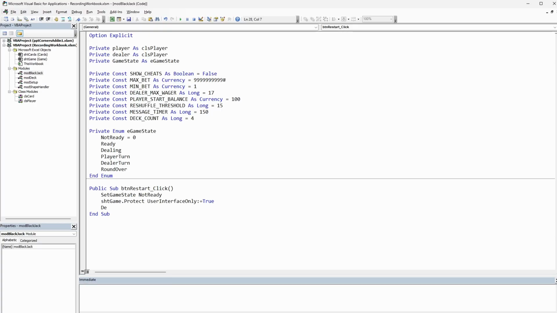Then we're going to set our deck. So set deck equal to a new collection. That's going to initialize our deck. But for now, we're not actually going to be generating that, because that's going to be when we start or deal the hand. We'll set our player equal to a new player